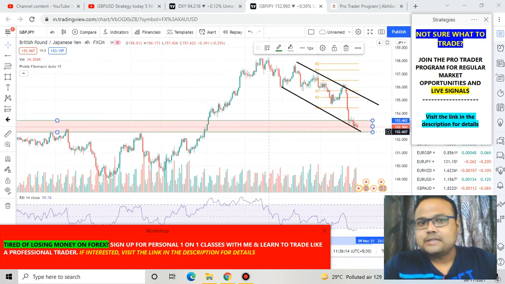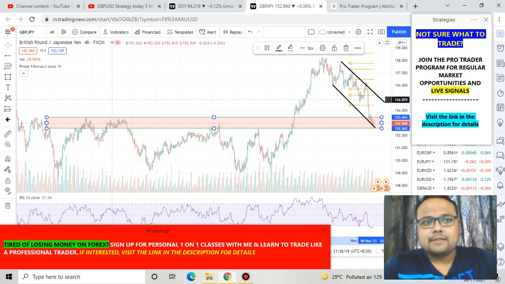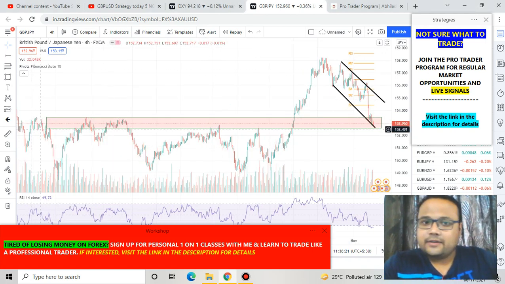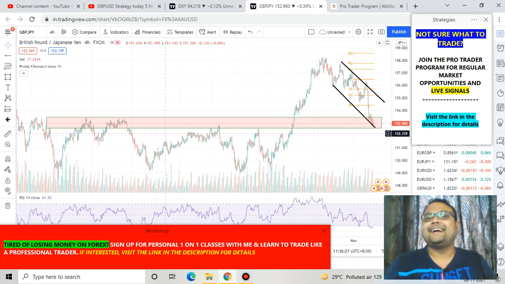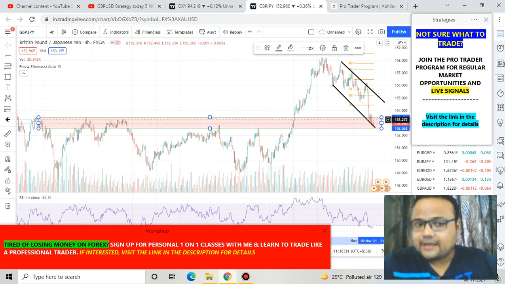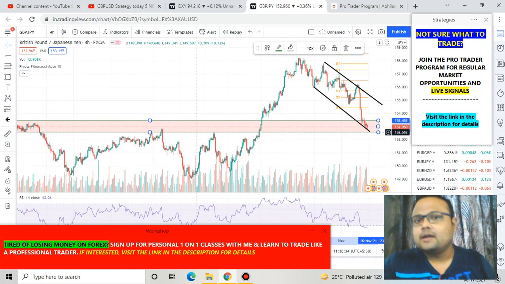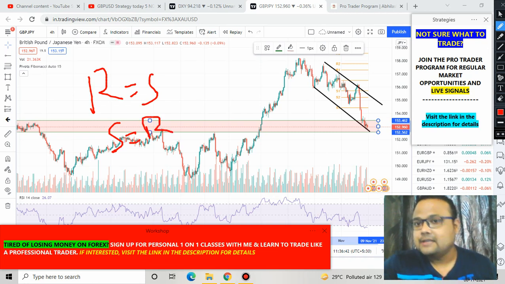This box is the support zone for the market. If I zoom out the chart here, you can see that previously this level was the resistance for the market. Listen to me carefully, things are about to get complicated. Previously this level was acting as a resistance for the market, and as we all know, resistances become support and support becomes resistances in the market. So there is a possibility that this level will try to act as a support for the market,